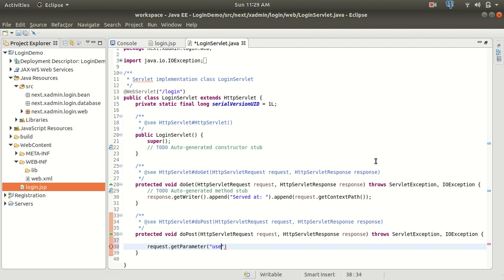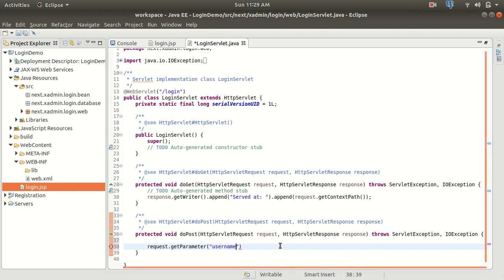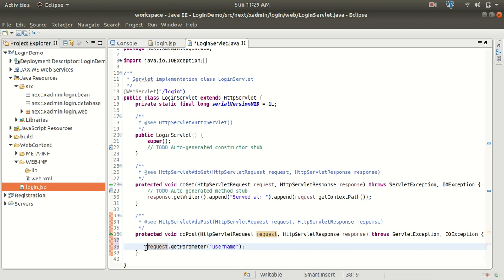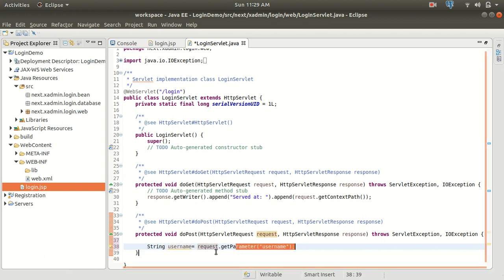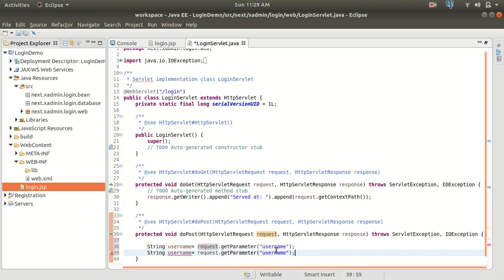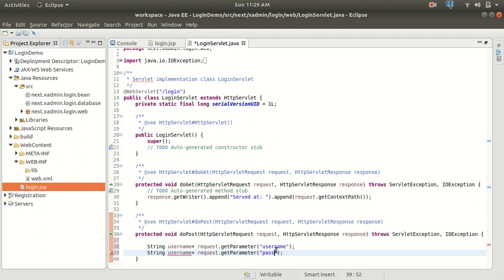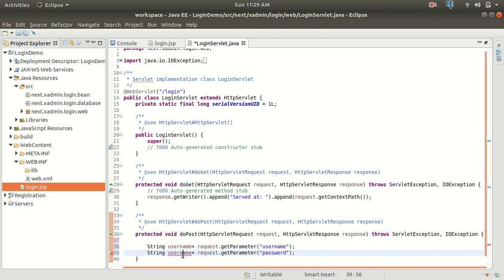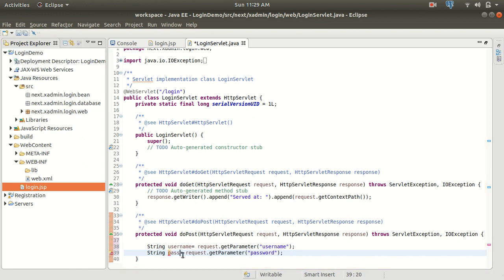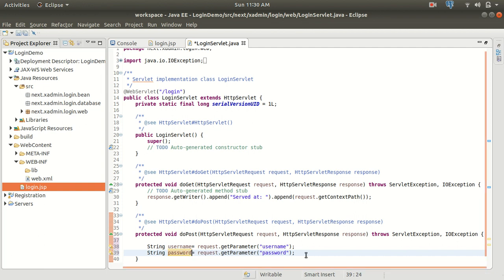So name is like a username. Okay, and let's save this to a variable of type String, username. Okay, so let's copy this, and here we have to provide the name as the password, and let's save this in a password variable. All right,